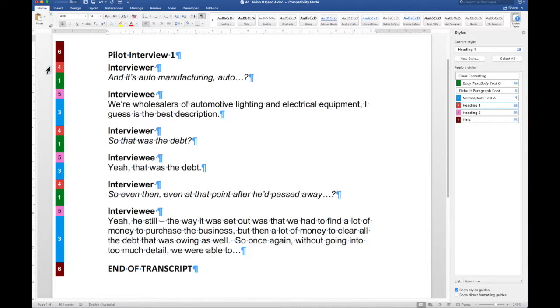If we look over here down the left hand side where the colour code is, we can see that the first style used is style number 4, and style number 4 is heading 1. When we look back over here on the left hand side, we can see that the next style we're using is style number 1, which is the body text of the question. So it's the words that are spoken by the interviewer. The first element we want is the